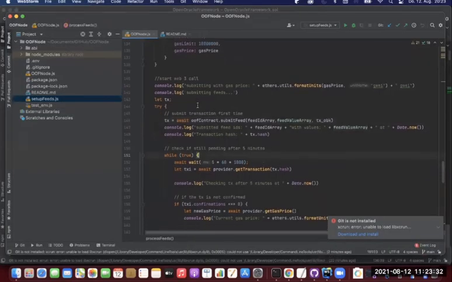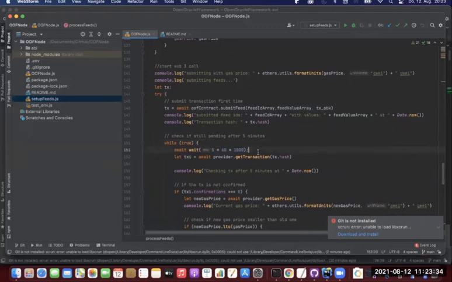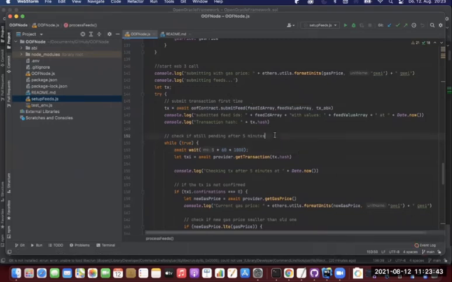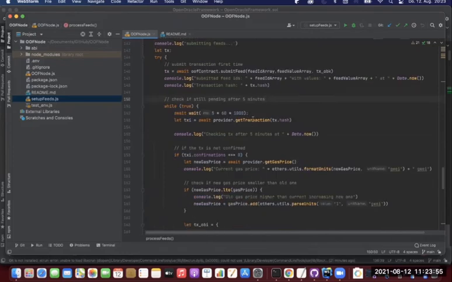So basically, on Polygon, we should not have any problem because on Ethereum, obviously the gas prices vary a lot, and the time to confirm a transaction can go up to 10 minutes if the gas price spikes. And we also have code provided that after 5 minutes, if a transaction is still not confirmed,